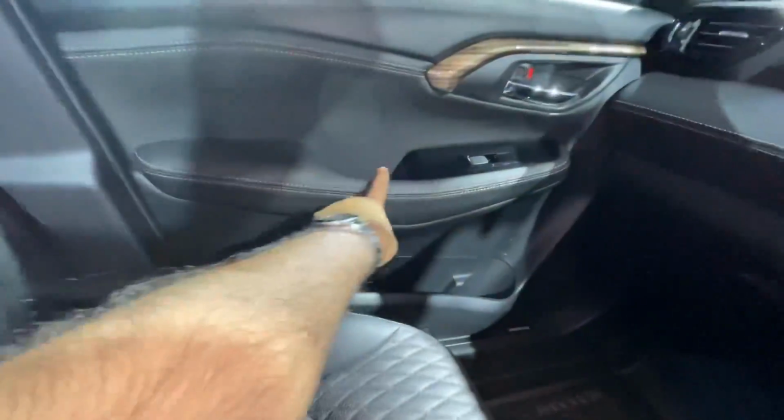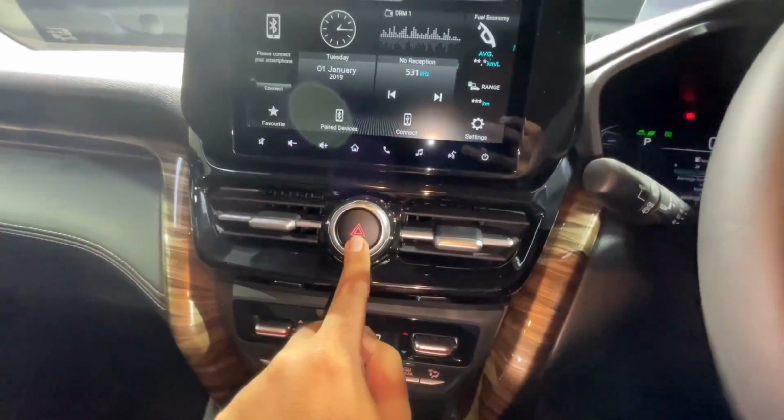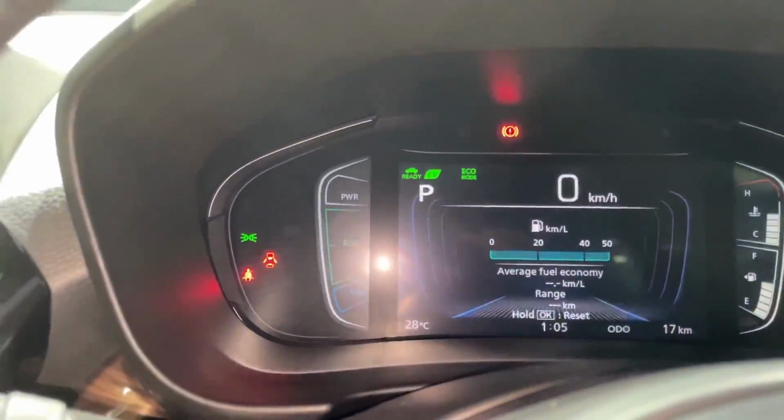And this is the front seat. Again, very nice feel of the upholstery. You get ventilated front seats. I'll show you the buttons. And the dashboard also has a nice look to it. Some soft touch materials are present. Glove box is decent in size, not too big, not too small. And you get this wooden finish on the